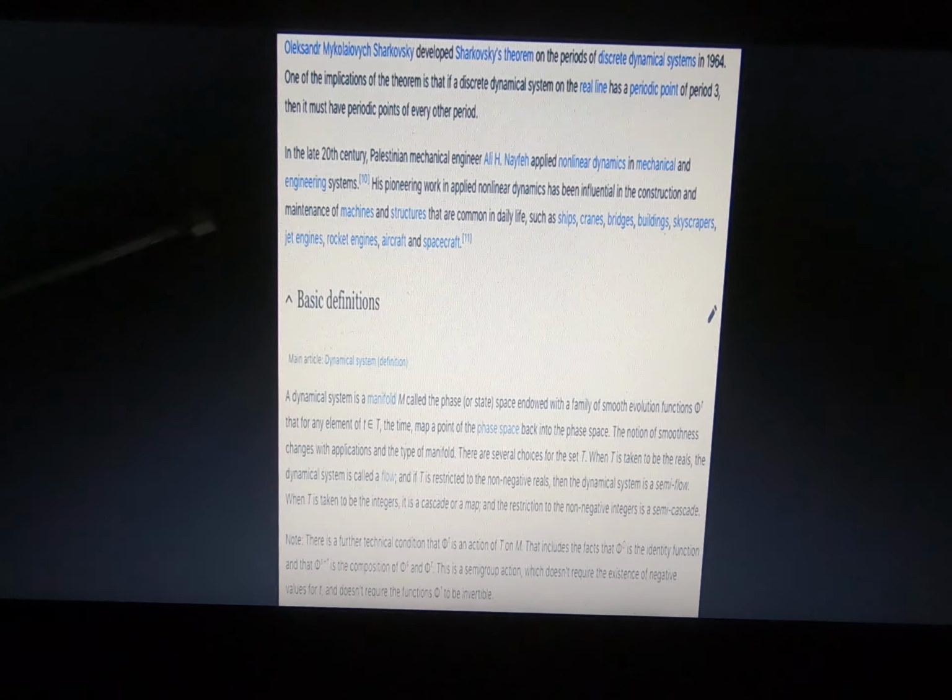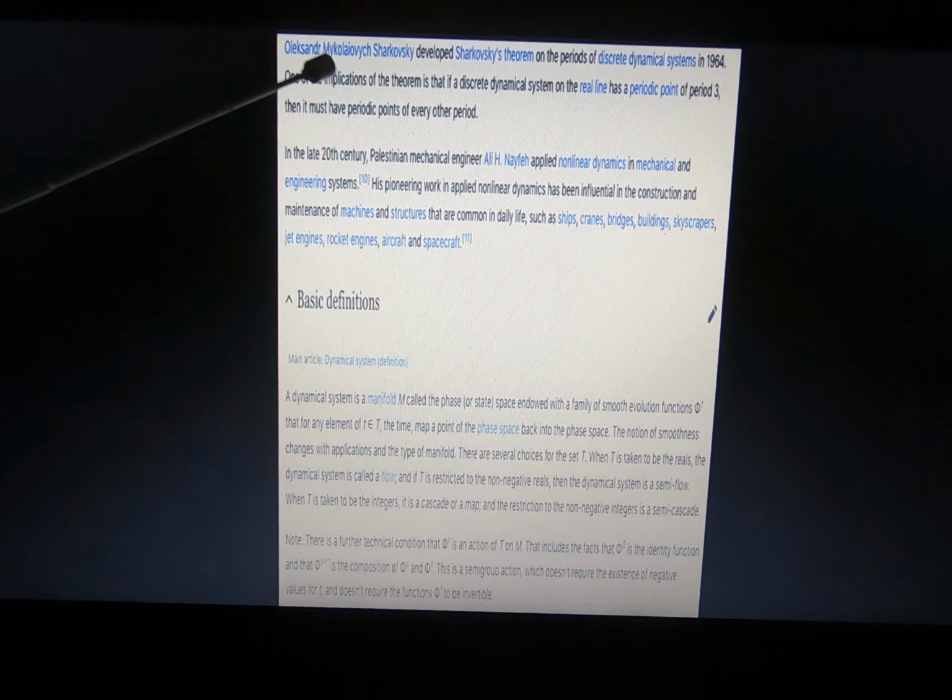And the history of dynamic systems. Some of the definitions here, and you can see the discrete dynamic system and the continuous dynamic system. So these are some of the examples. So for continuous